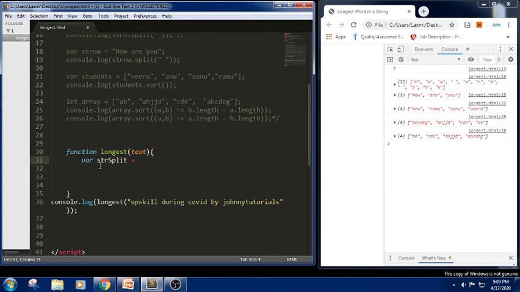What is the string I have? I have some text here, text dot split. So in the first line we are trying to split each and every word, Upskill, during, COVID and all these things.